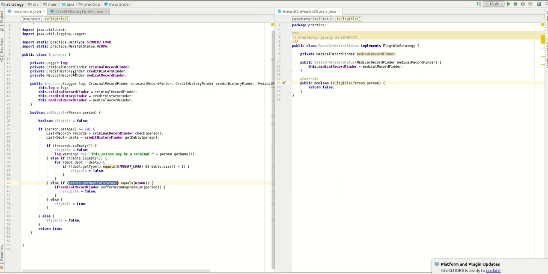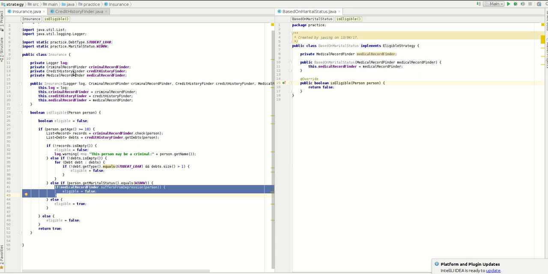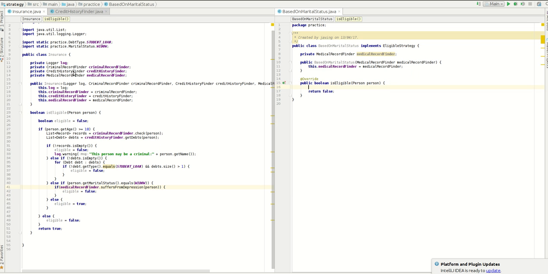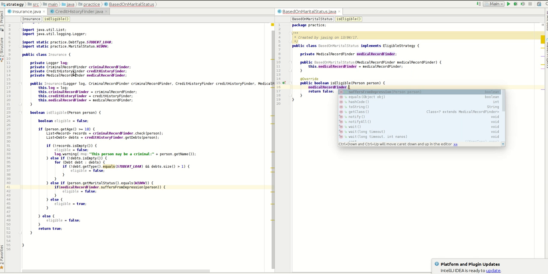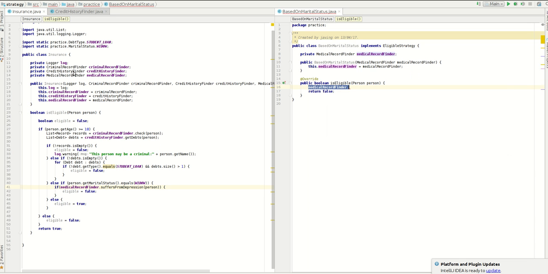Okay, so if this person is a widow, okay, this is quite a strange thing. So if the person is a widow and suffers from depression, but if it is a widow but only if it suffers from depression, then it's not eligible. Otherwise it's eligible. Okay, so let's implement that. So medical record finder dot, or sorry, we can say